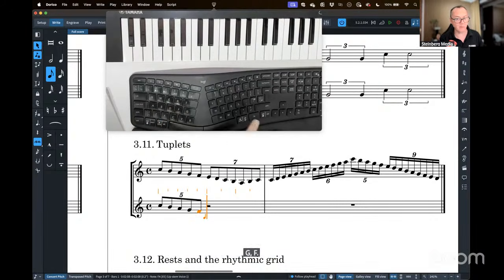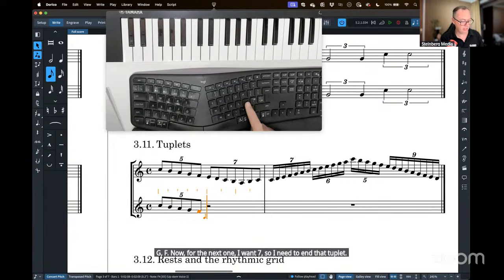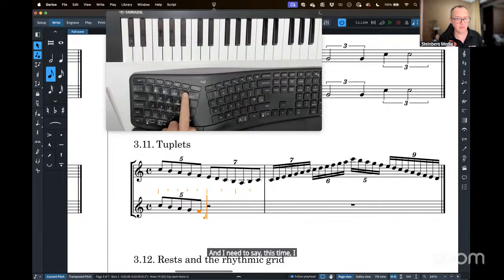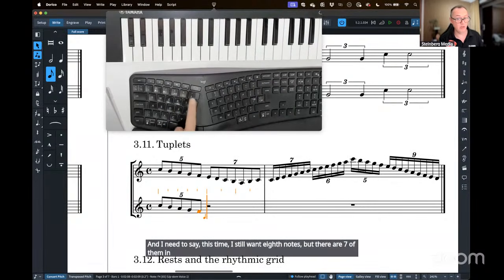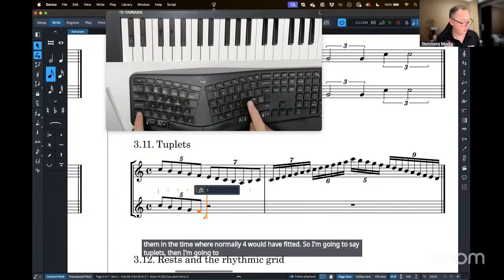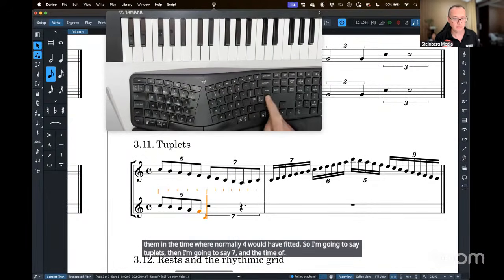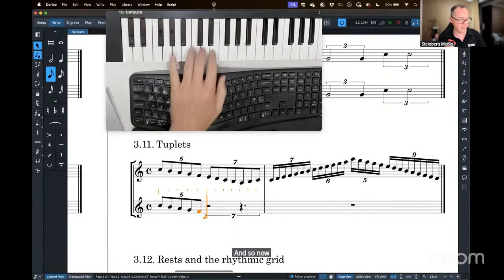Now for the next one, I want 7. So I need to end that tuplet. And I need to say this time I still want eighth notes, but there are 7 of them in the time where normally 4 would have fitted. So I'm going to say tuplets, but I'm going to say 7 in the time of 4. And so now I can enter these other notes